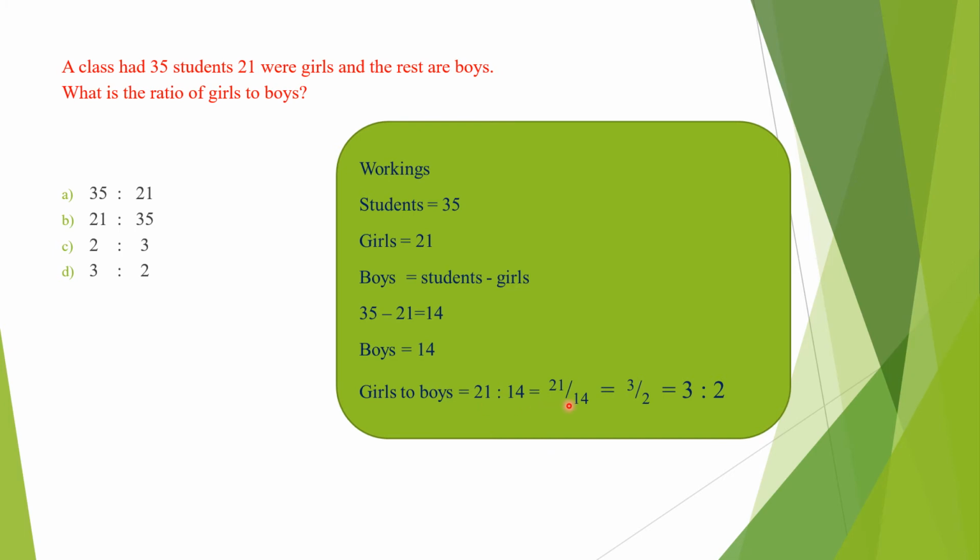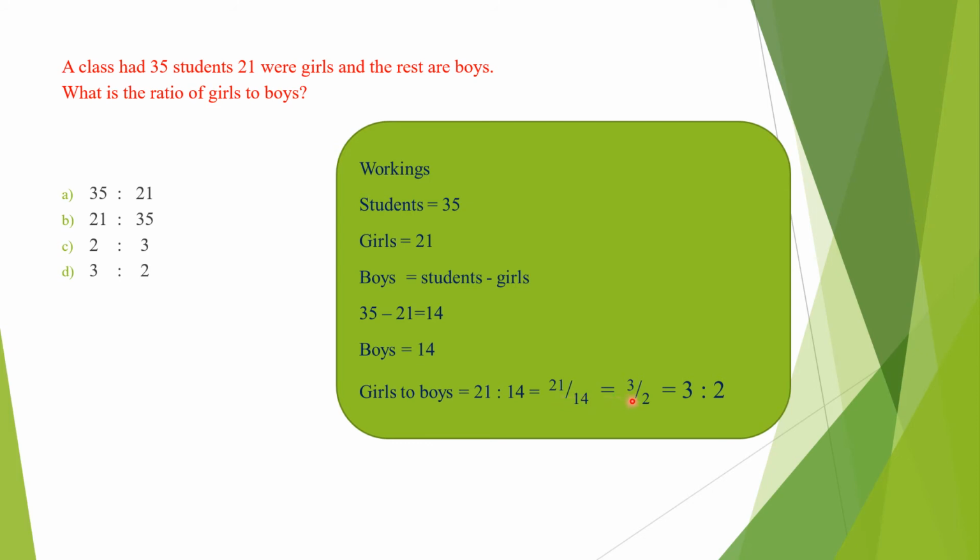Hence, we write it as a fraction first because we are going to do something with it. As usual, the first number represents the numerator. The second number represents the denominator. Hence, we have here 21 over 14. To reduce